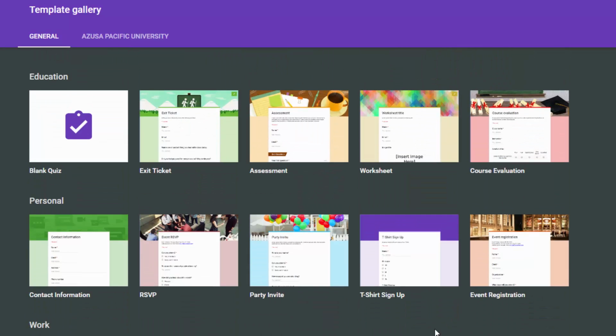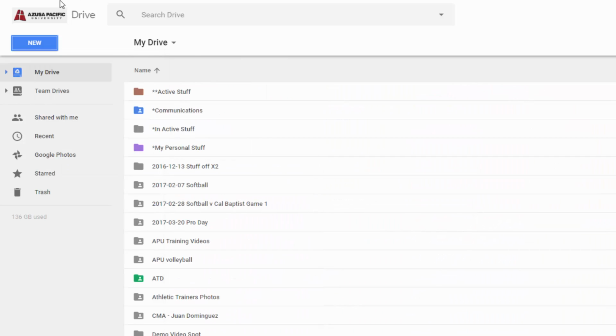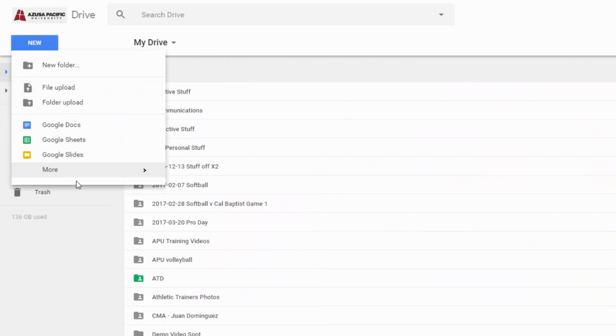Again, remember your audience. If you're doing an internal audience for your department, you can get a little crazy and creative, but if it is for a wider audience, you may want to stick with university colors or company colors, depending on who is watching that. For the moment, I'm going to go ahead and go back to Google Drive and back to New,